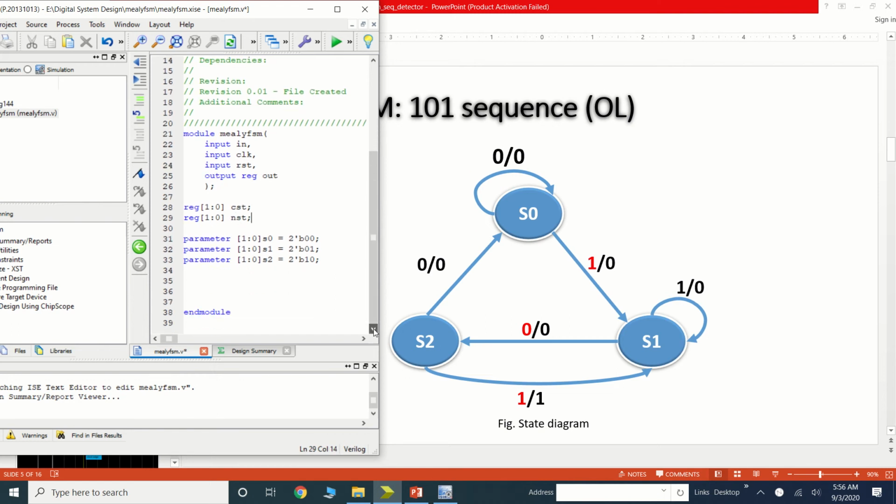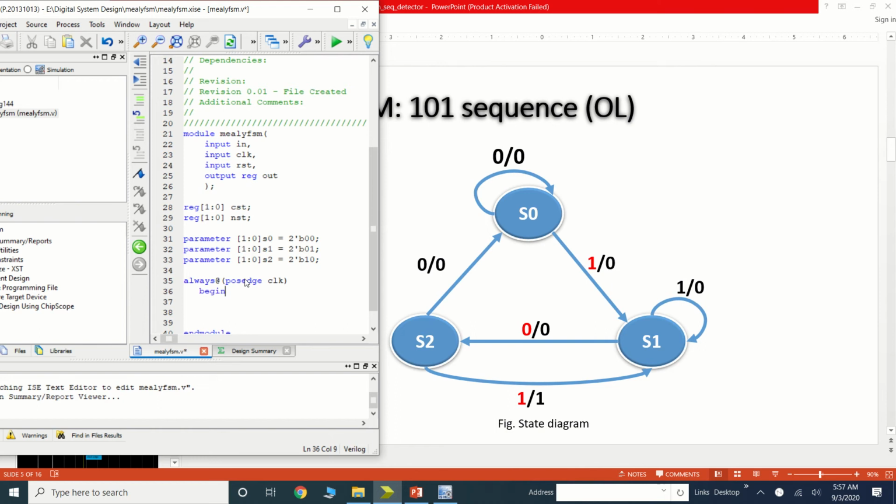Now first we'll prepare our always block, and in that always block at every pulse of the clock we'll check. As the sensitivity list I am defining the clock, but on top of the clock we have to take care of the reset.